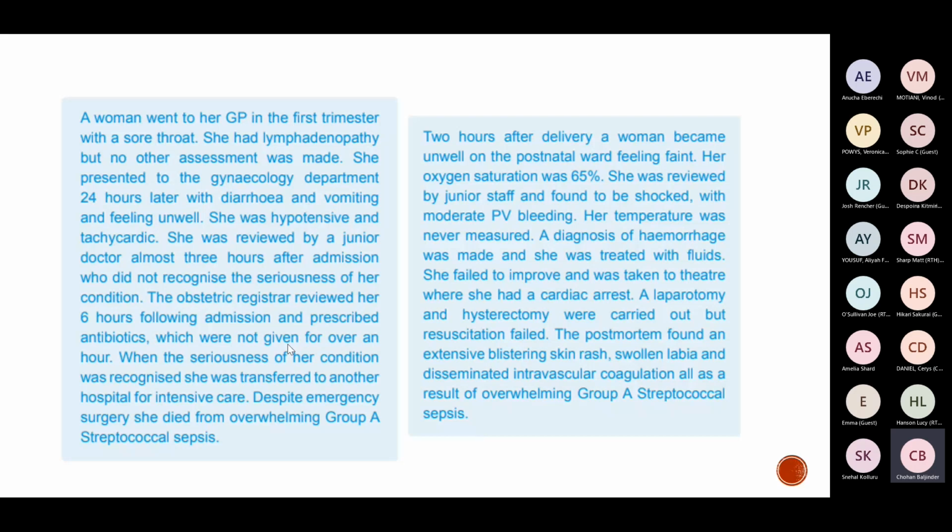So these two cases, as I said, highlight early first trimester or peripartum. And if you've got someone with identified group A strep, it should be an emergency situation. You have to get these patients in, get them treated in a timely manner, early senior review, early escalation, get outreach, ITU input as well, because the sooner you get on top of it, the better. Any comments about these cases?